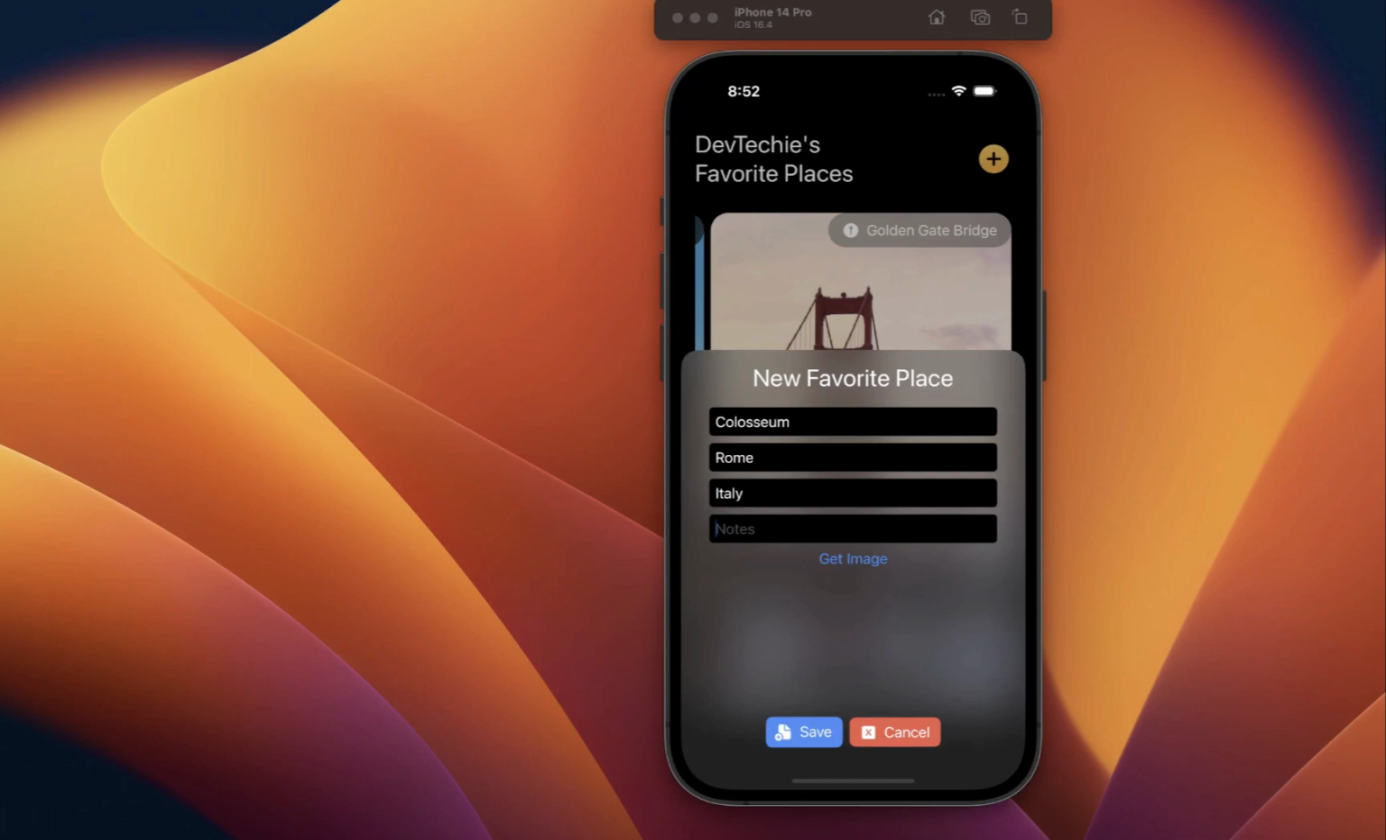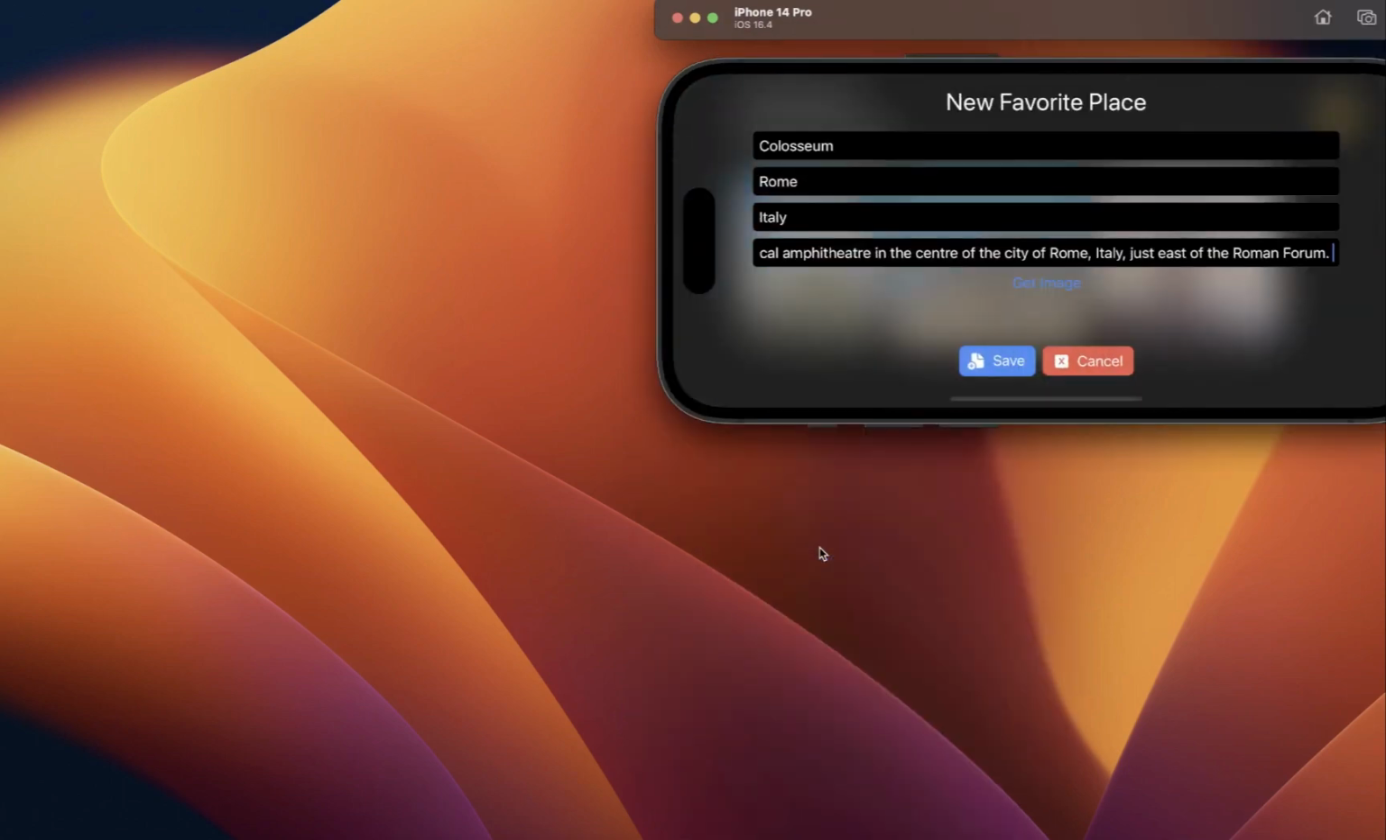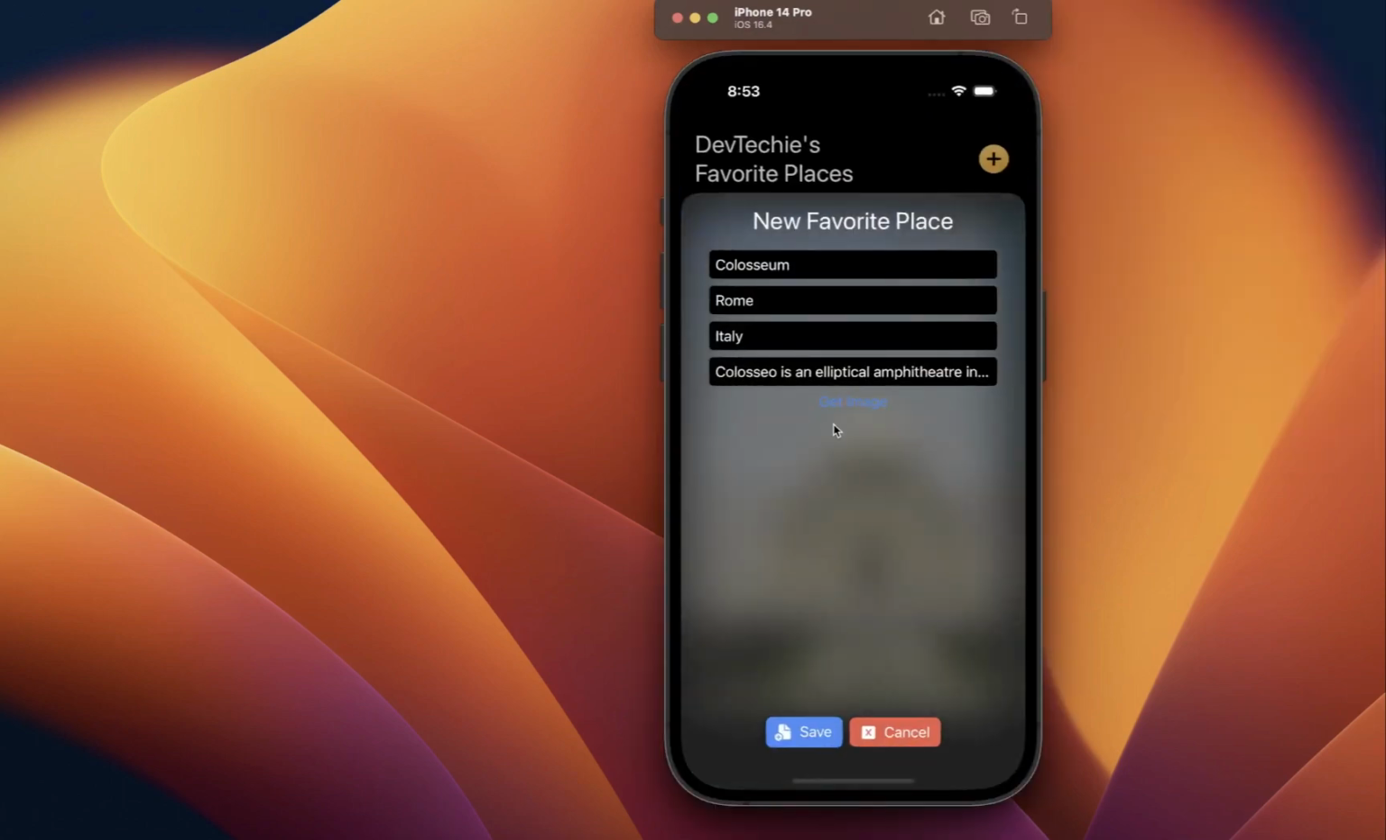Okay, so this is the notes, and okay, so now the next thing we're going to do is get the image for the Coliseum,